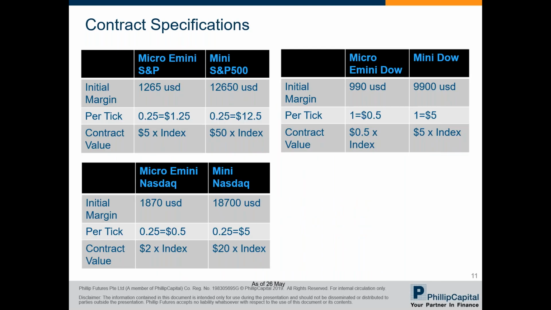So, having gone through the introduction of the 3 indices, let's look at the contract specifications of each of the lot size that you're looking at. You can see the margin listed here that's required for each of the micro index futures on the left of each table. For micro E-mini S&P and micro Dow Jones, the margin is 1,265 for E-mini S&P and about $990 US for the micro E-mini Dow Jones. This means if you just want about $1,000 to $1,300 or equivalent amount in Sing dollars if you prefer, you can enter to buy or sell one lot.